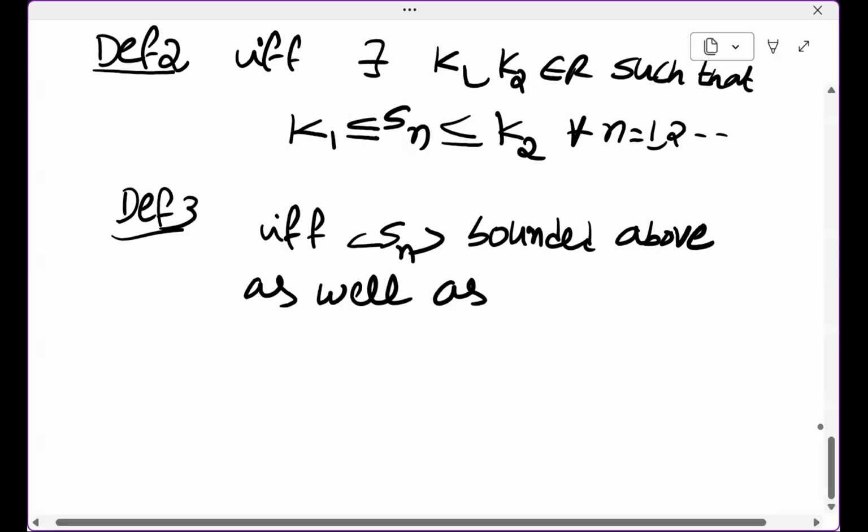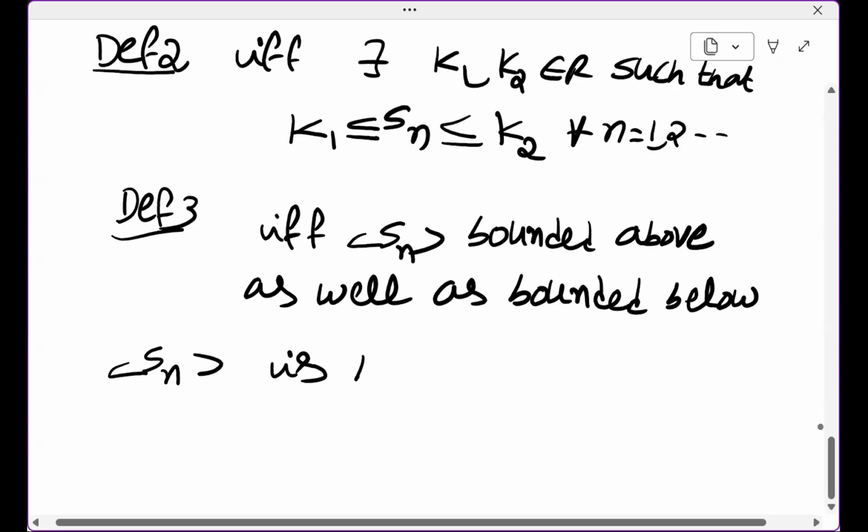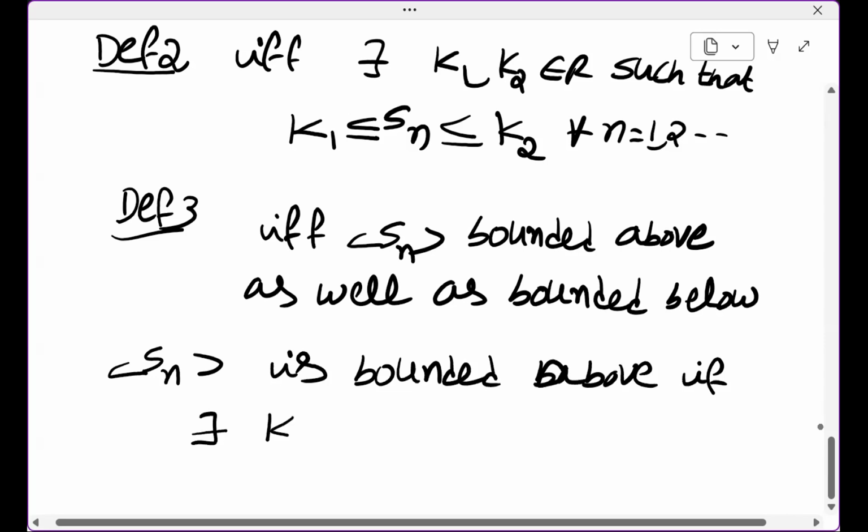As well as bounded below. A sequence is said to be bounded if and only if it is bounded above as well as bounded below. So when do we say it is bounded above? A sequence is said to be bounded above if there exists a constant, let us call it k,